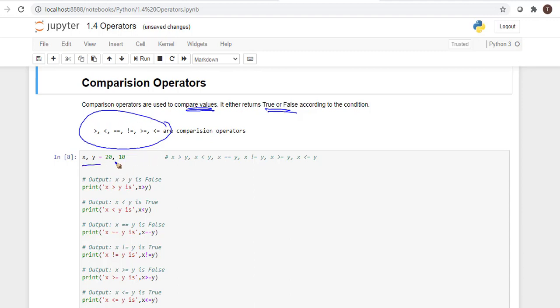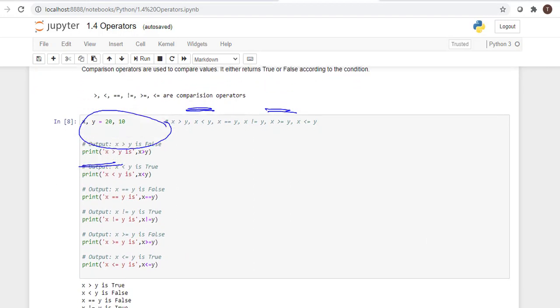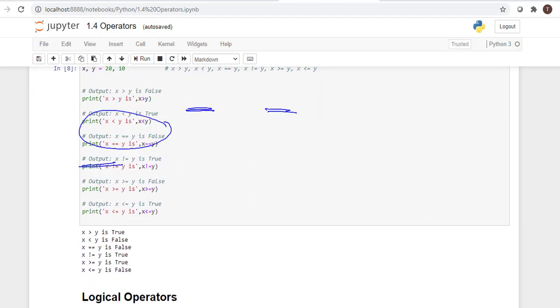Here we have two values, and we can compare whether one is greater than, lesser than, equal to, not equal to, greater than or equal to, or lesser than or equal to. That is called comparison operators. It returns true or false, and the return type is a boolean.